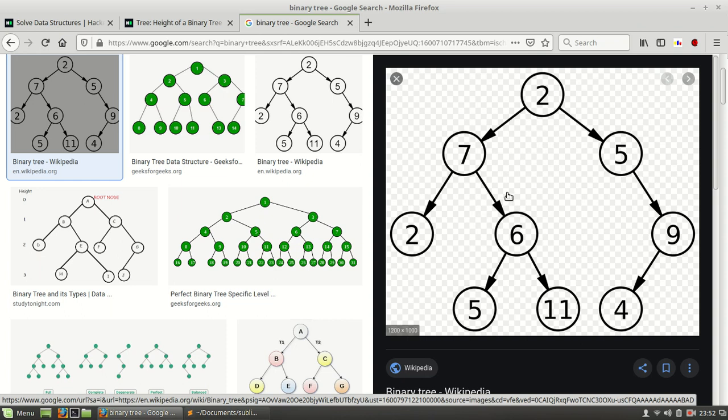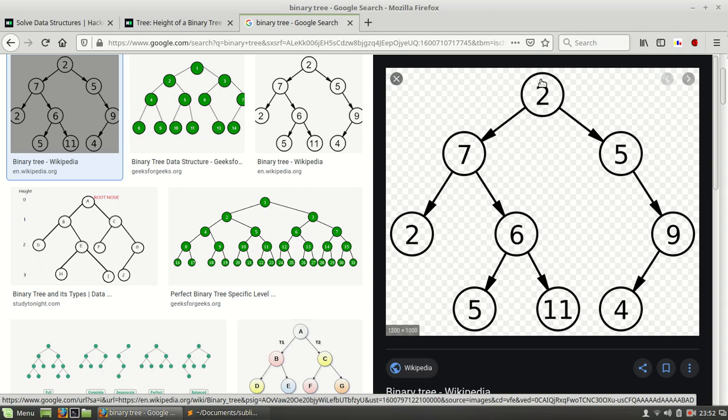To check the height of this binary tree, we first need to find the height of this root node. The height of the root node is the same as the height of the binary tree. So how do we find the height of the root node?